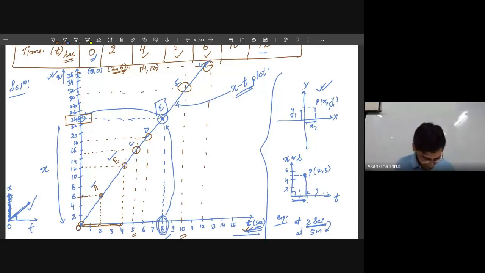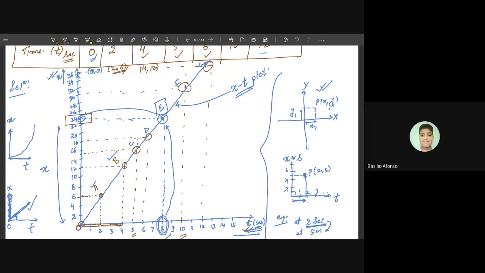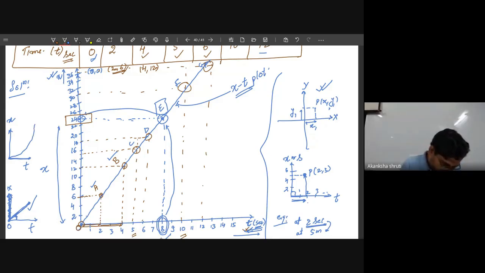So here we are observing that the graph is inclined and it is a straight line. But there is another situation also possible, that if this is the t-axis and this is the x-axis, then it need not be a straight line. It may be possible that it is making some curve like that. If the graph is not a straight line, means not like a slope, then it is the graph of non-uniform motion.